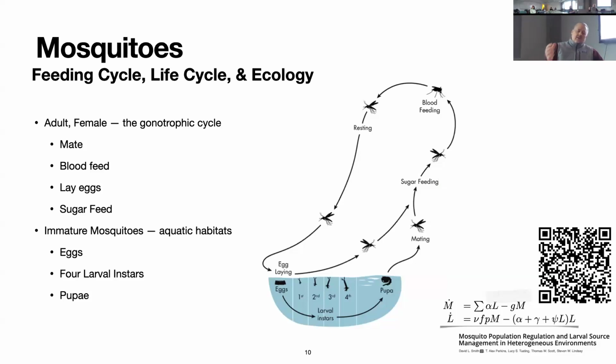One of the things about Ross and McDonald is that in McDonald and Ross's models, there's a single parameter describing mosquitoes. I've shown this before, but if we want to start to give advice, particularly about vector control, we have to open up that parameter and make it something we can investigate more thoroughly and in greater detail. So this is going to be the theme for a lot of the talk.